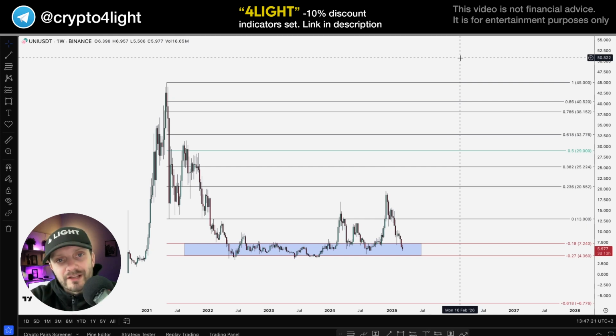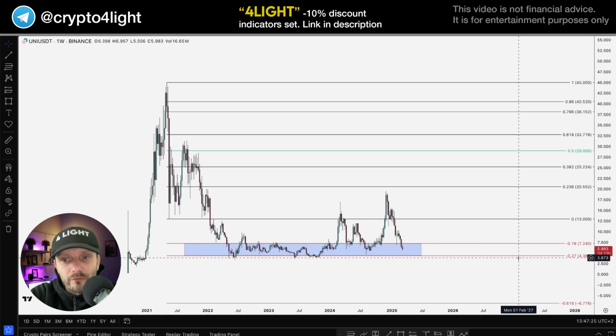Now, if we use the global weekly time frame, it's okay. Zone, the range $7.24 to $4.36. All this range is an okay zone for investment. The next zone of interest is $1.50. So two blocks, $7.24 to $4.36, and $1.50. You can buy with 3 limit orders, now $6, $4, and let's say $1.50. The average entry can be, let's say, $3.